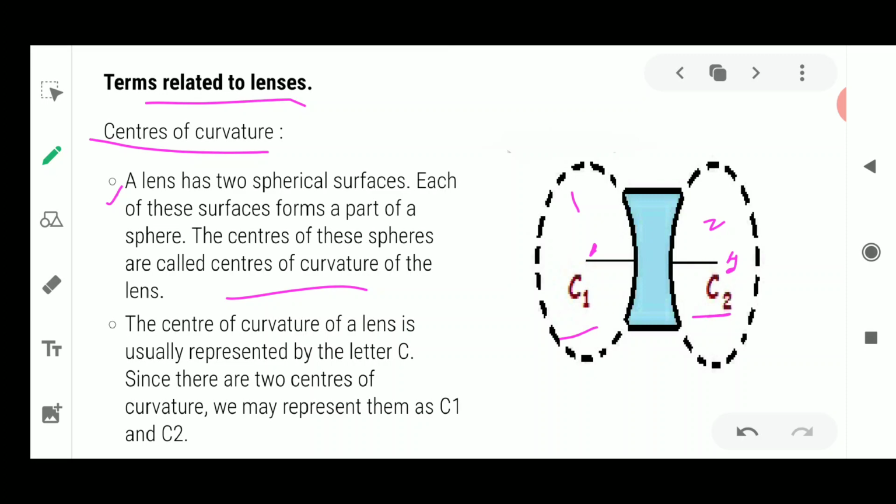Okay, so this C1 and C2 are going to represent the centers of curvature of the lens. It is usually represented by the letter C, and since there are two centers of curvature, it may be represented as C1 and C2. Please remember how to represent this also with the letter C. Okay, now next